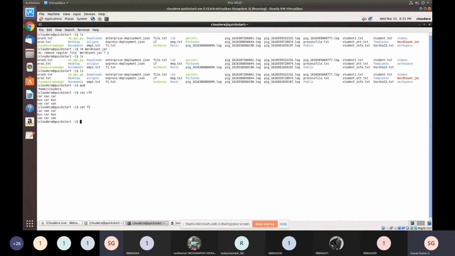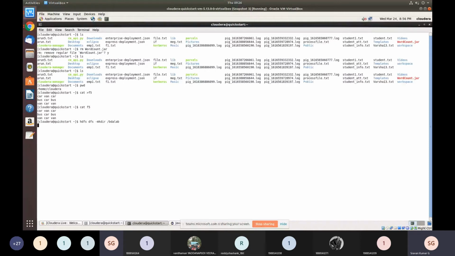Now I just want to move this file to the HDFS. For that, what is the command? Put command. Okay, right. So I'll just create a directory now. mkdir slash bda lab. This is my directory. Yes, it is created.